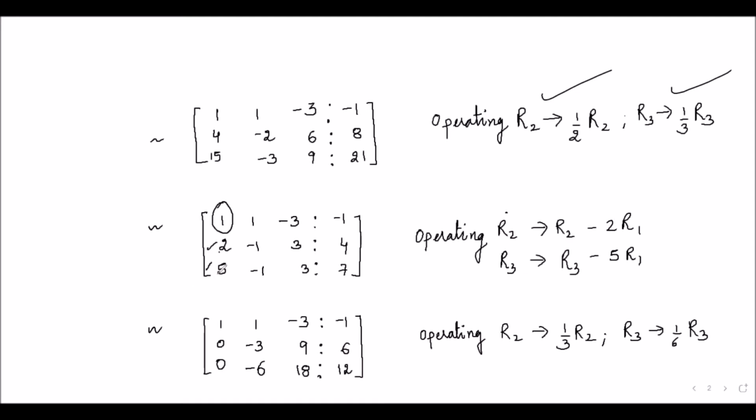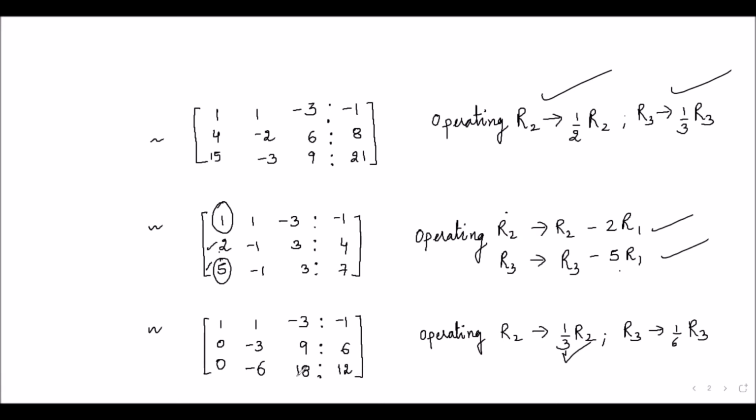And similarly, for this third row, to make this entry 5 as 0, we are using again the first row, and now we are changing the third row with the help of the first row, and the scalar which we are using here is minus 5. With the help of these two row transformations, the matrix will be reduced in this form. Now again, if we see in the second row, 3 is common, so we can make these entries smaller. We can reduce it further by multiplying the second row with a non-zero scalar, which will be 1 by 3.